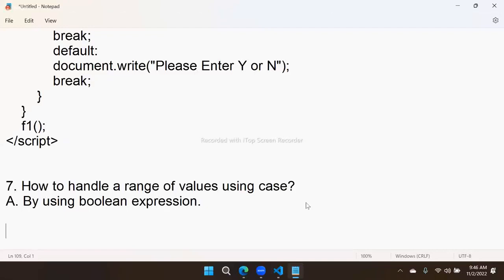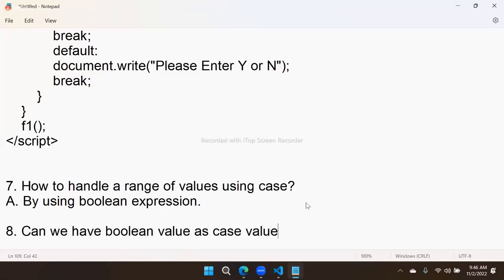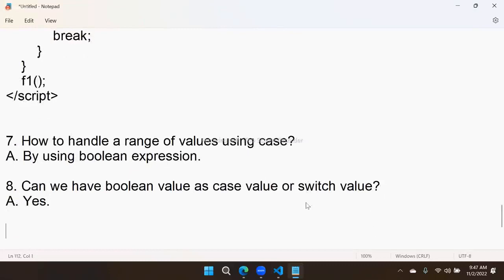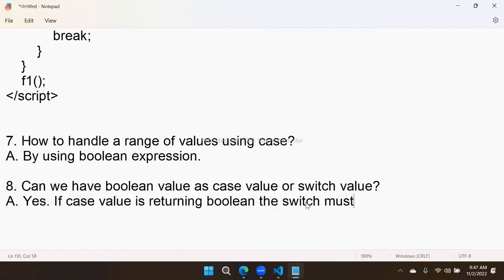Many times the question is asked, can we have a Boolean value as a case value or switch value? The answer is yes. But very important is, if the case value is returning Boolean, then the switch must be Boolean true only, not false. You must have only true. You cannot have false because